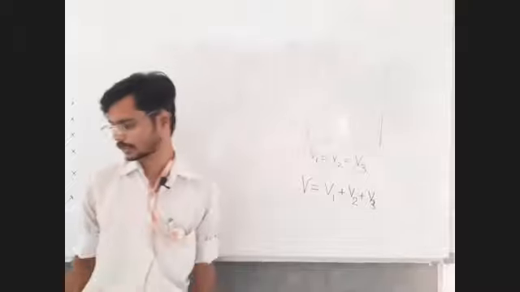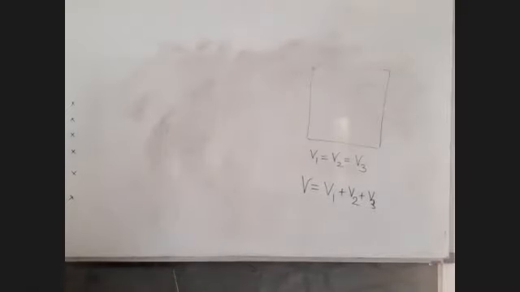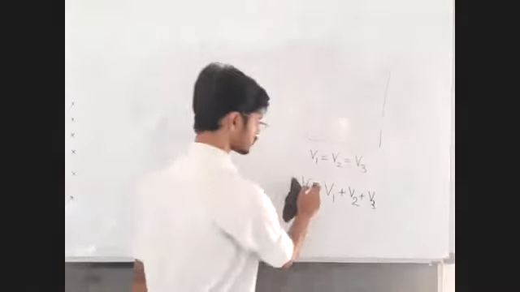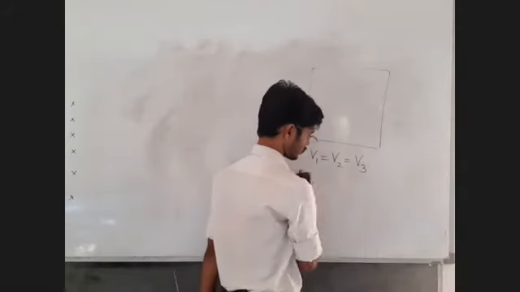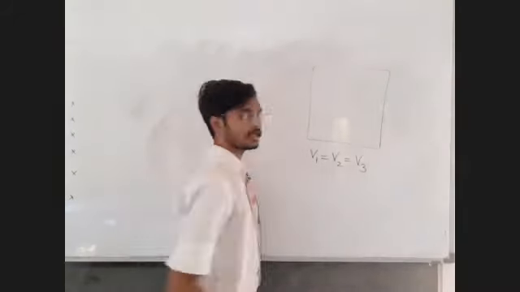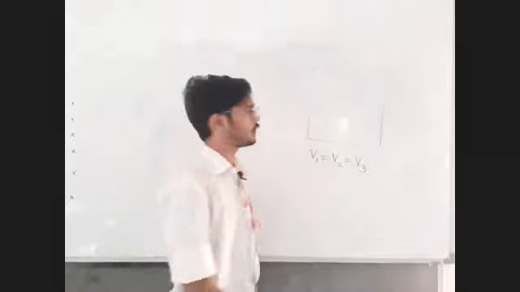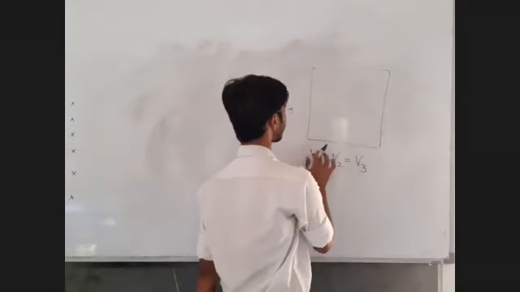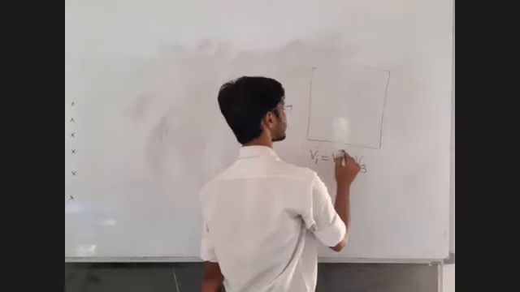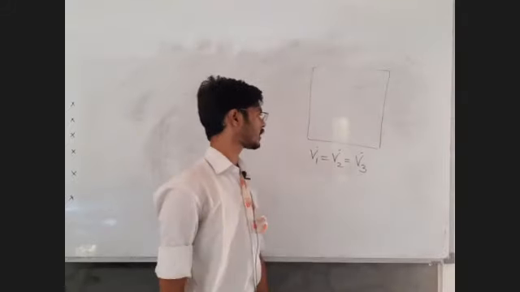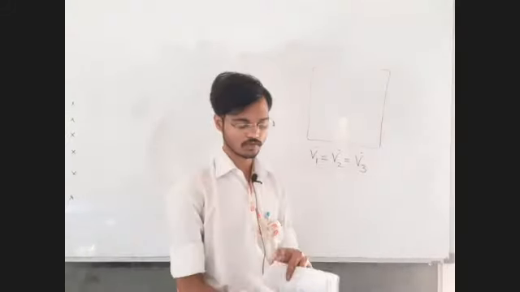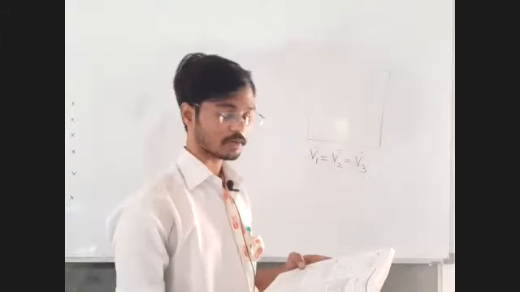Is this fact clear to all of you? First try to understand this. This is wrong. Volume of the gases you cannot directly add when there is a mixture. In the mixture all the gases will occupy the entire volume which is available to them. Okay, the first fact. Which of the following statements is correct?